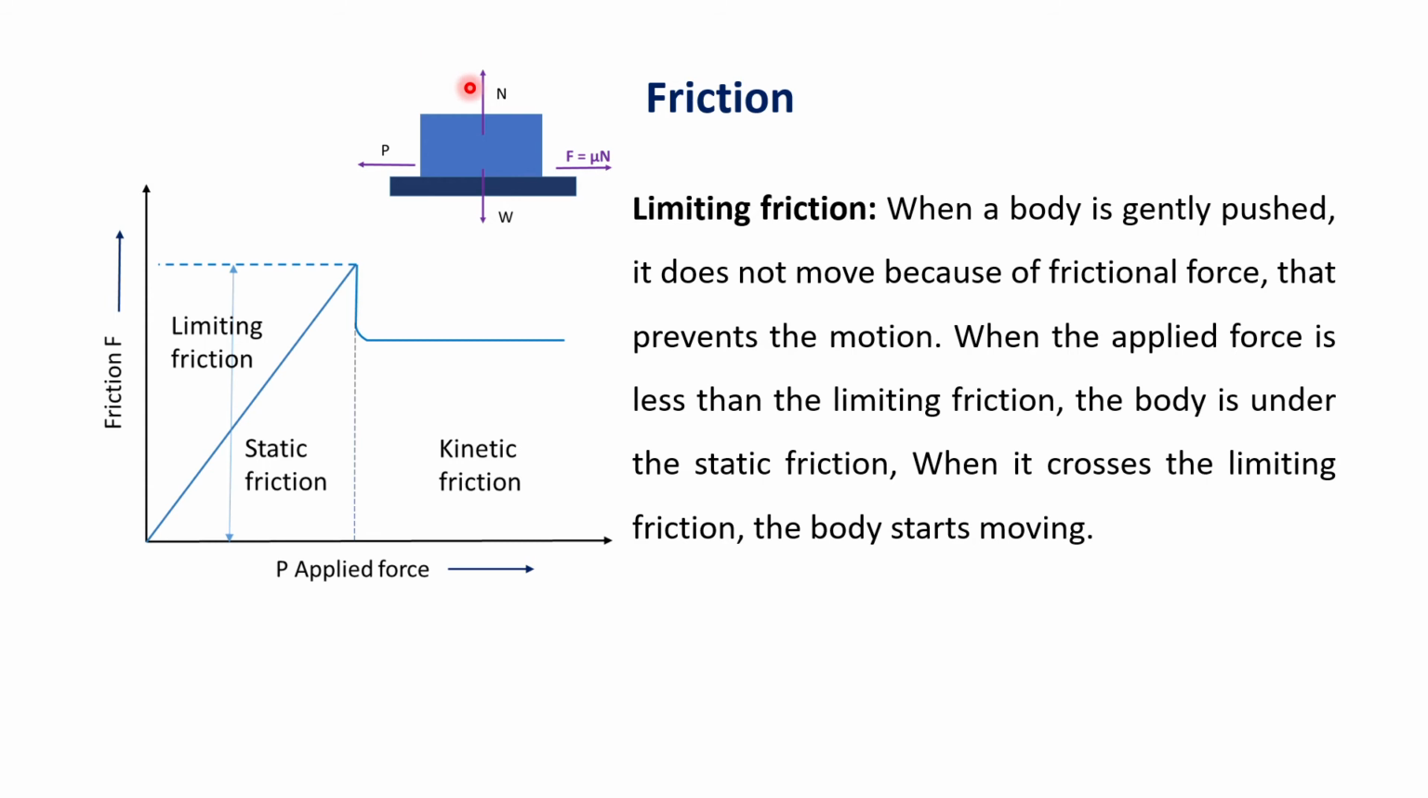We have seen the example of a book: if we try to push a book with a little force, it will not move. If we keep on increasing the force, at a particular point it will start moving towards the left direction. Now, at what point will it start moving? When this value crosses the limiting friction. So if we try to draw the graph for that, this is the force we are